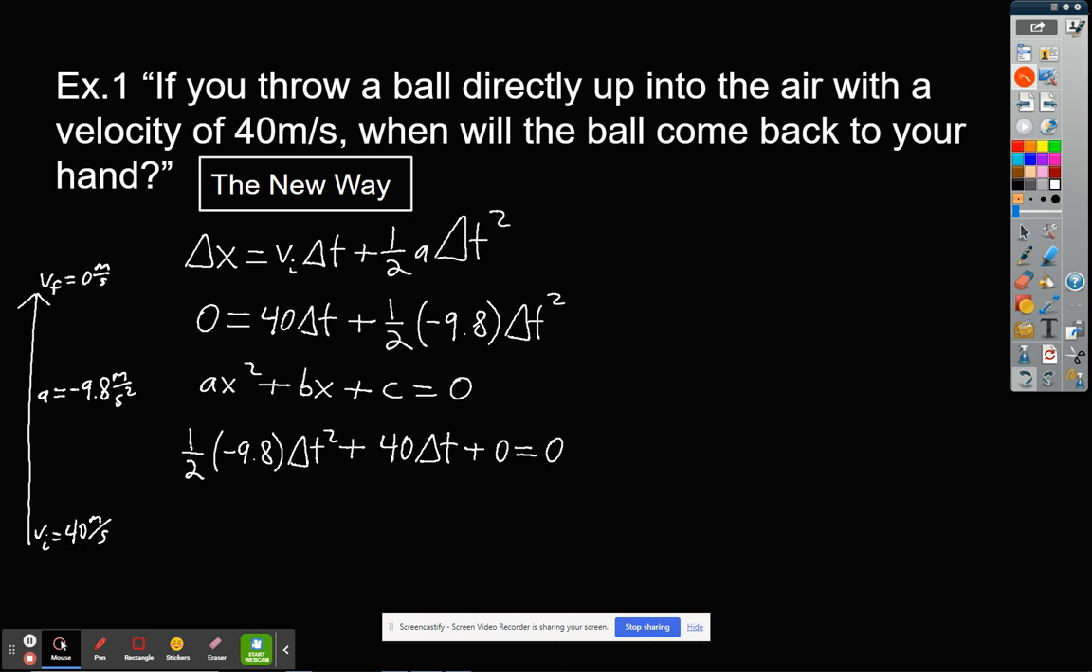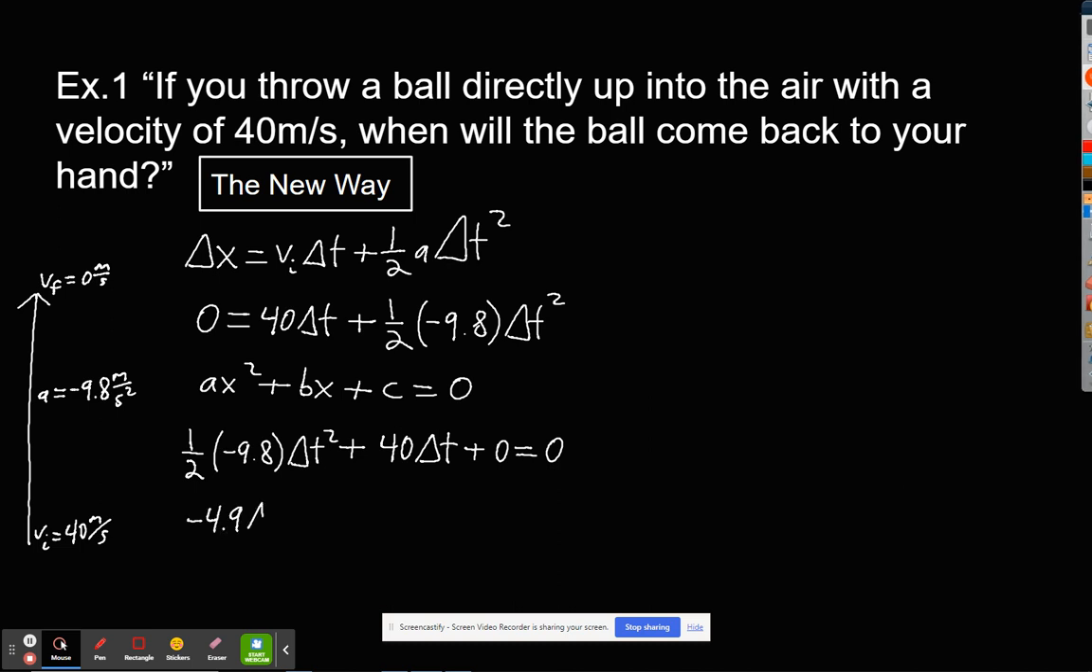So we have our a, which I'm actually going to simplify a tiny bit. 1/2 times negative 9.8 would be negative 4.9. Rewrite the rest. And there we go. So negative 4.9, that's our a. 40, that's our b. 0, that's our c. So jumping over to the quadratic formula,